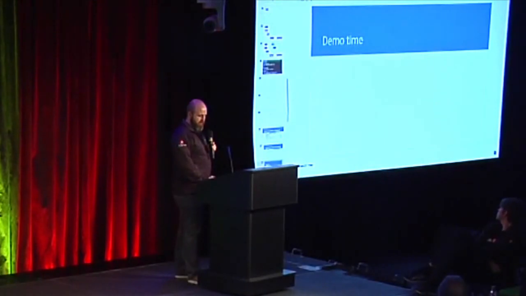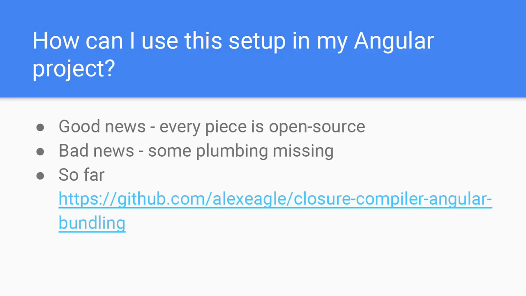To wrap it up, that's our setup. I think I went through basically all the pieces. Good news, everything's open source. Bad news, we haven't open sourced the plumbing. One thing I couldn't show you in the demo is the actual TypeScript with Bazel. We haven't open sourced it yet, but we are working on it. So far, one of the best things to start off with is that Alex Eagle on our team has a demo that uses Closure for bundling. That's kind of the demo where the graphs you saw from Mark Laval use a similar setup. So that's out there, something to take a look at and play around with.